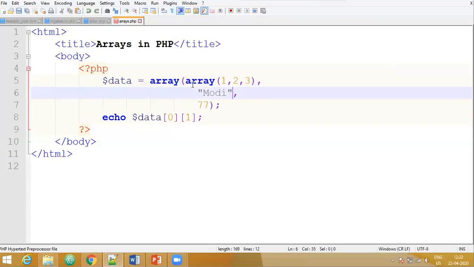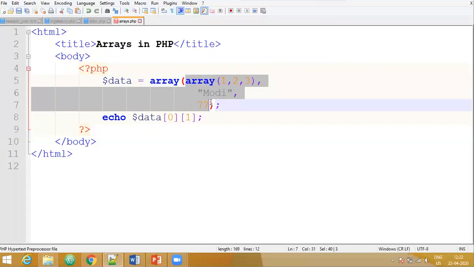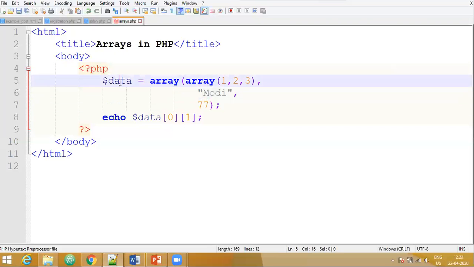Let me repeat it. This is a part of the array called $data, that is the first array. So this entire part has the index 0, this has the index 1 and this has the index 2. Now when we try to access the value that is present at index 0, we see that this is also an array.